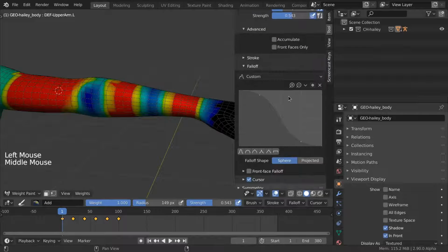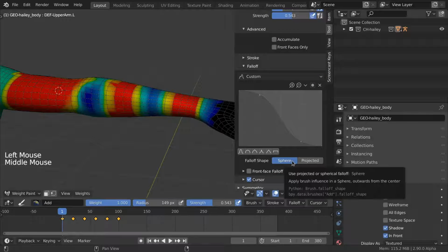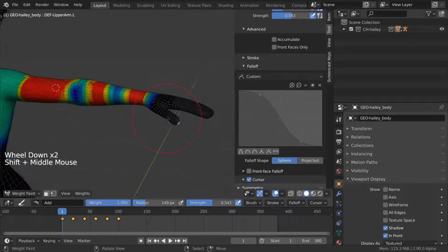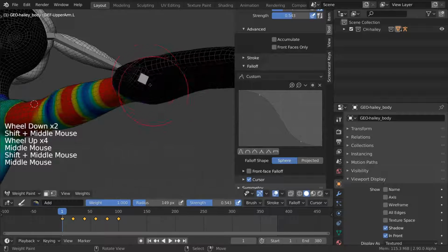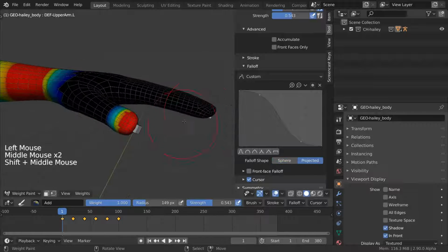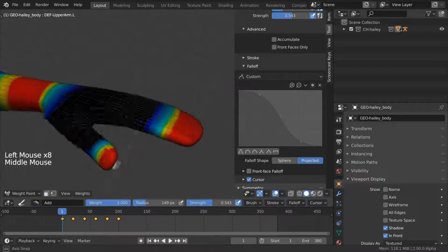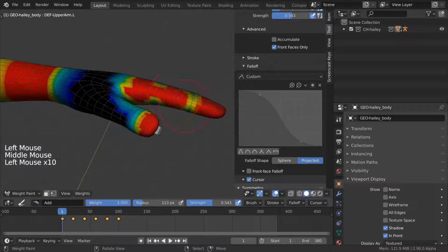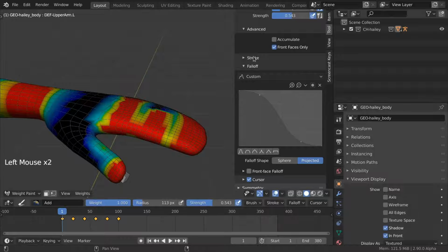And finally, there is the Fall Off Shape setting. This is set to Sphere by default, which means the effect of your brush tapers off in the shape of a 3D sphere around the point where your mouse is touching the surface. The other option is Projected, which makes the effect of your brush taper off in the shape of a 2D circle around your mouse instead, regardless of the shape of the mesh. I don't think you ever need to touch any other brush settings, however, there are still some weight paint mode